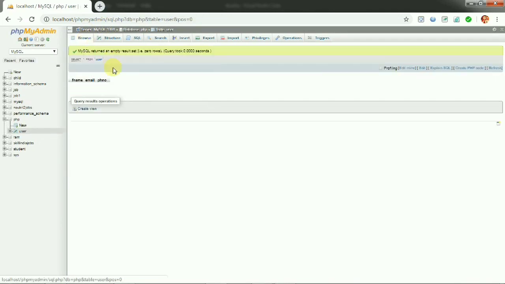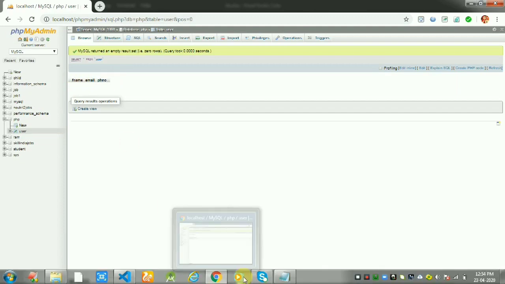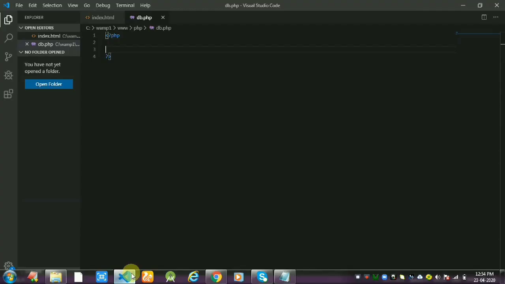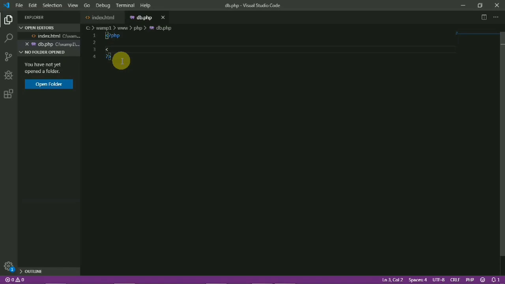This is my database, and now I am establishing a connection between client and server by using the mysql_connect function.